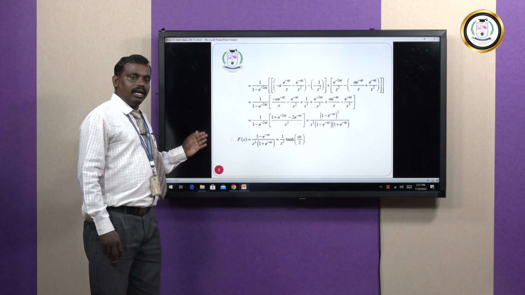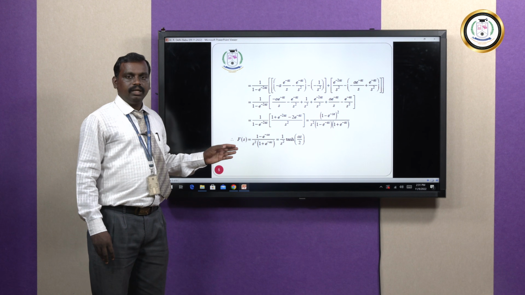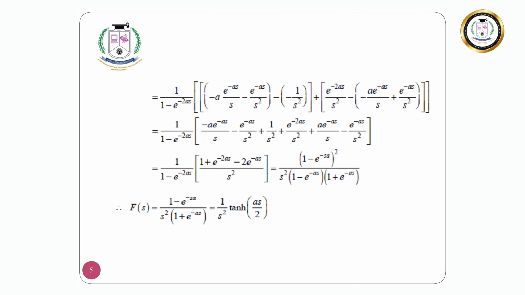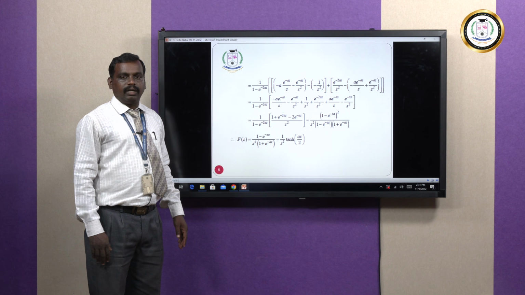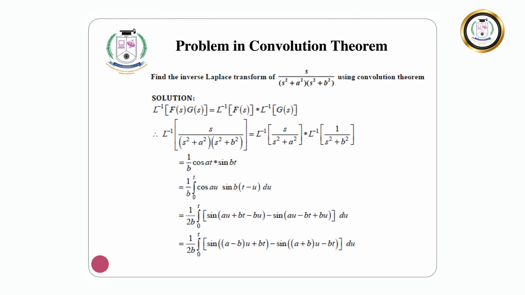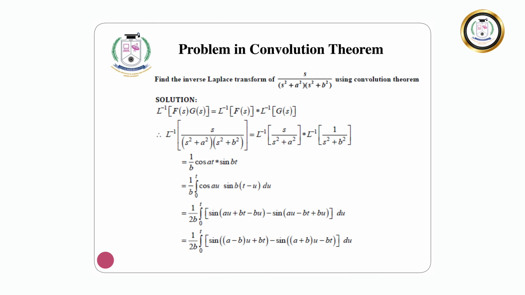So hence the Laplace transform of the function f(t), which is F(s), is 1/s² tanh(πs/2). Now we will see convolution theorem problems. Now find the inverse Laplace transform of s/((s²+a²)(s²+b²))